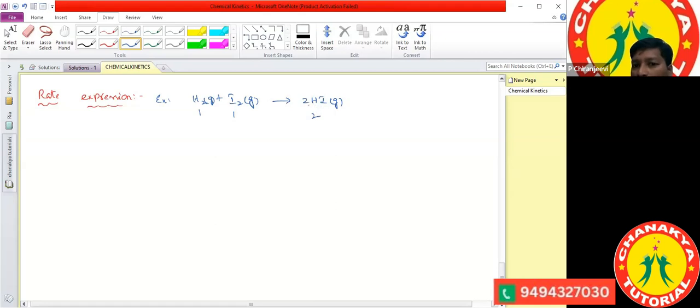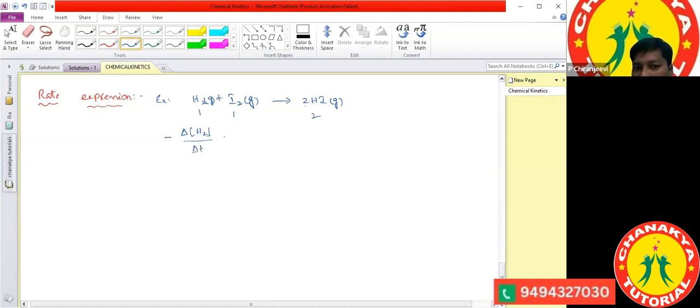So the number of moles before the molecular formula is what we consider the stoichiometric coefficient. Okay, clear? According to that, how can we write the rate expression? For reactants, the rate of reaction is the change in concentration of the reactant. The change in concentration of the reactants is represented with a minus sign and with a delta. So minus delta molar concentration of H2 divided by dt